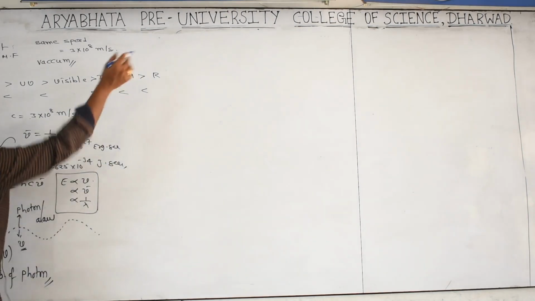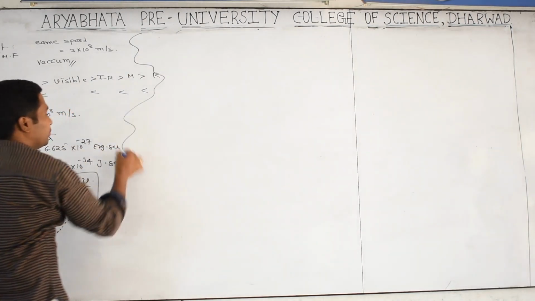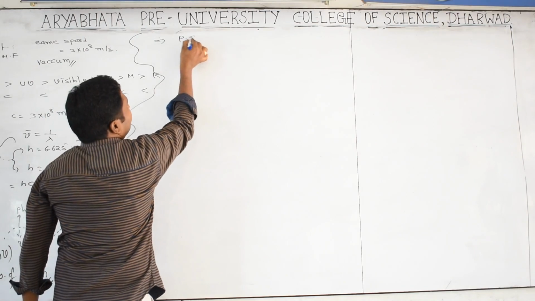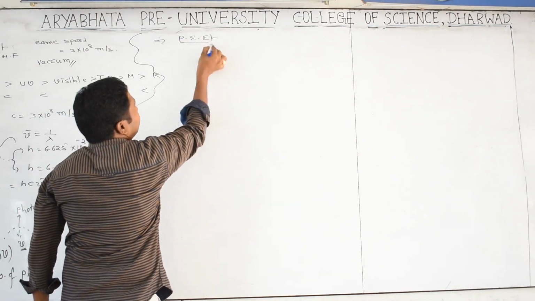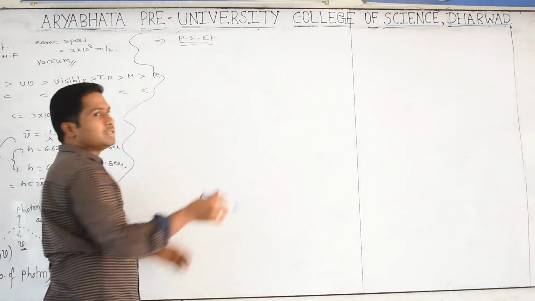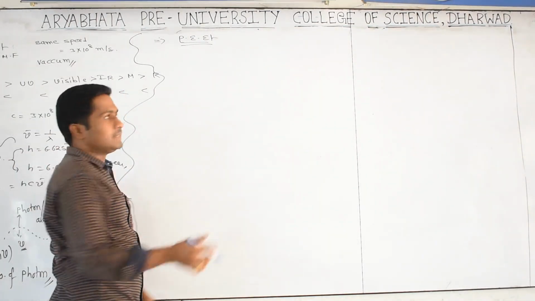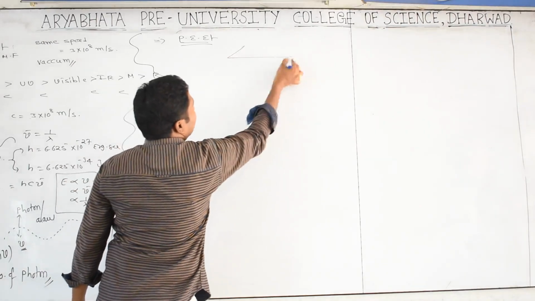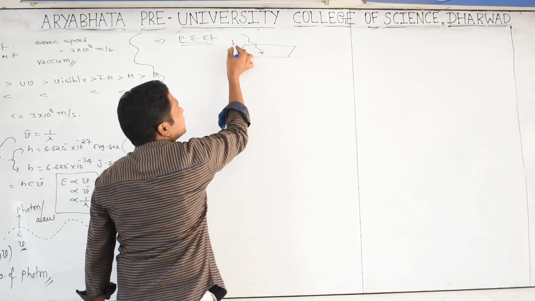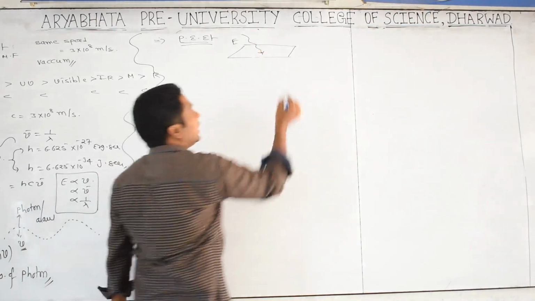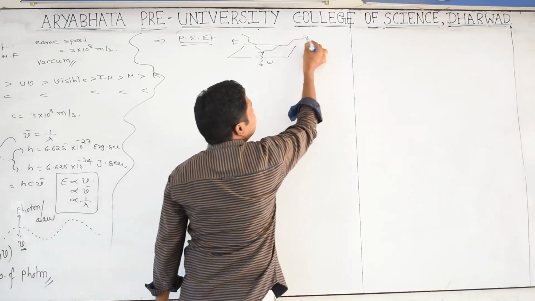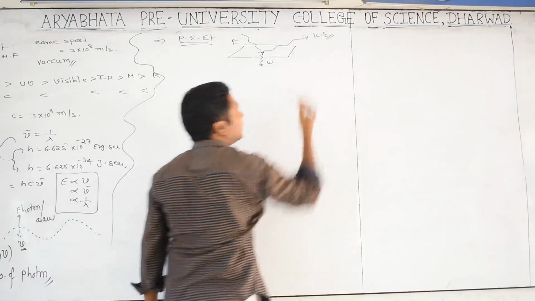Now we are going to another important thing: the photoelectric effect. What is the photoelectric effect? It means from photons we are getting electricity. You see, you have a metallic plate. On this metallic plate, energy in the form of light is falling, some energy is taken by the metal sheet, and the remaining energy is in the form of kinetic energy.